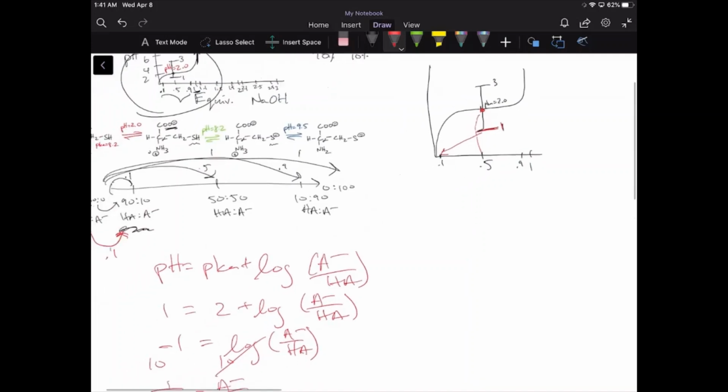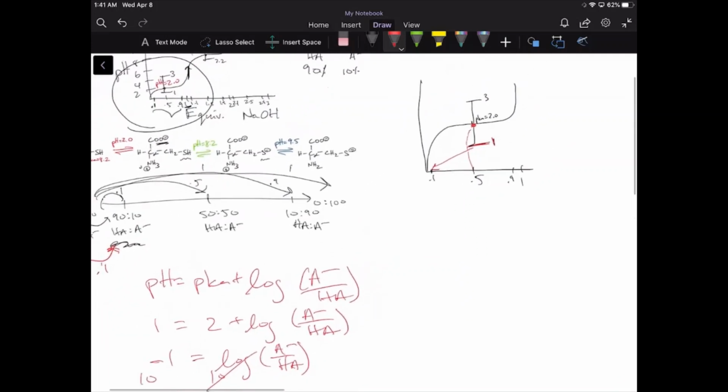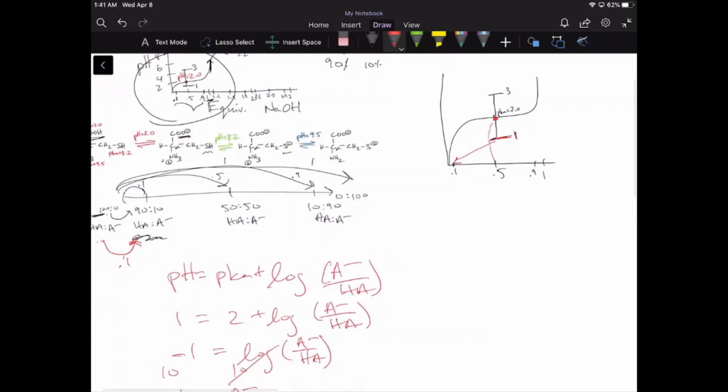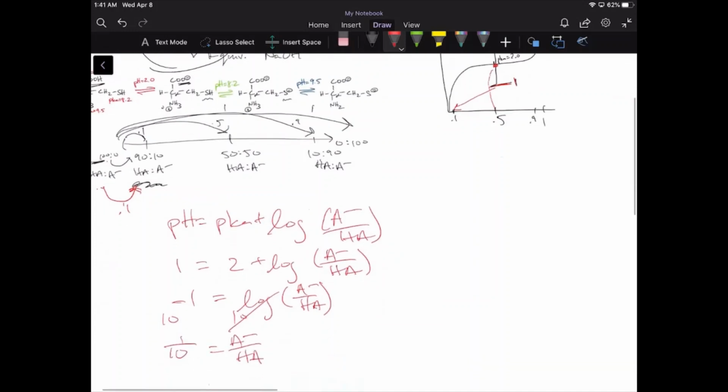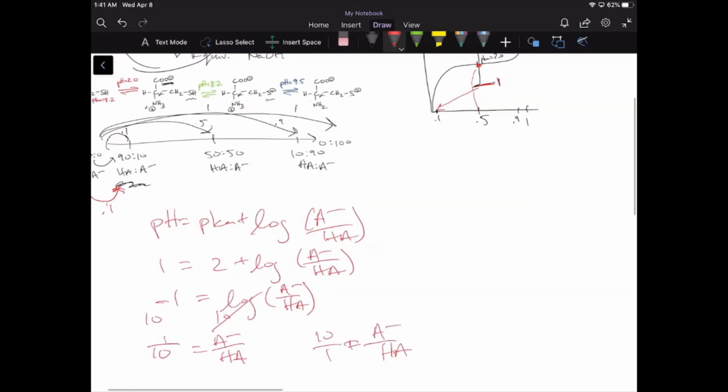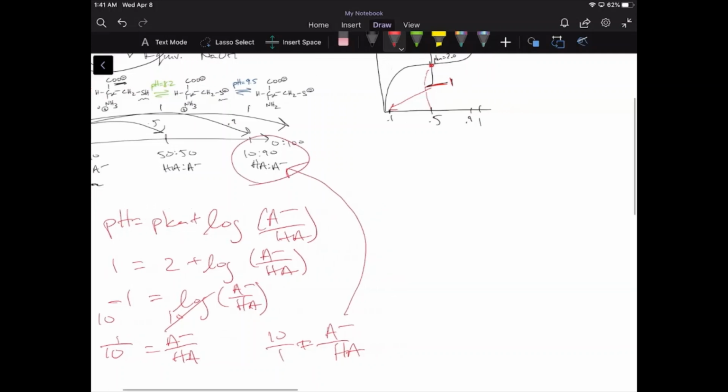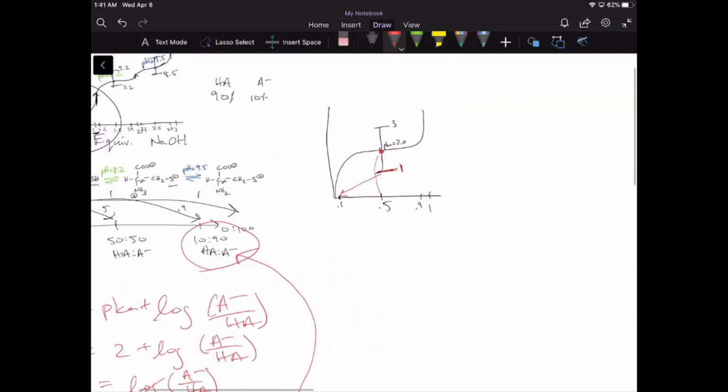And if you do the same thing and you plug into the Henderson-Hasselbalch equation with plus 1 of the pKa, instead of 10 to the power of negative 1, you're going to get a positive 1. So you're going to get 10 over 1. So instead you're going to have a ratio of this when you're 1 over your pKa. And the idea here is that this corresponds to this region right over here, which means that this top buffering region right over here corresponds to the 0.9 mark. So I think under